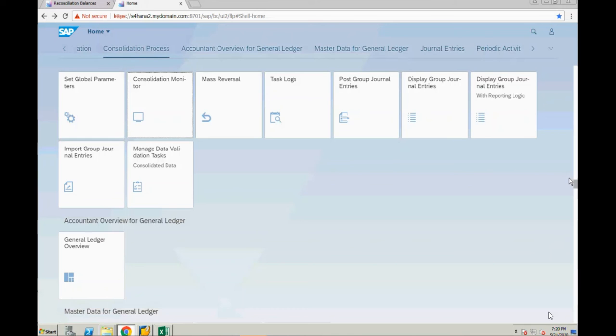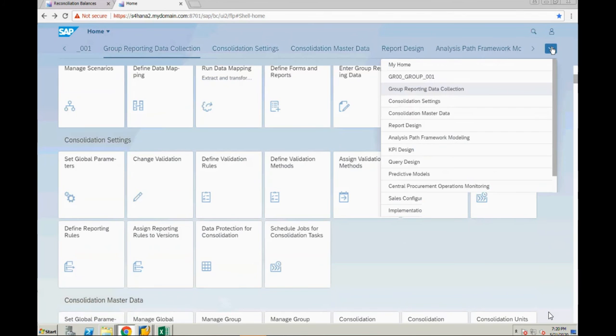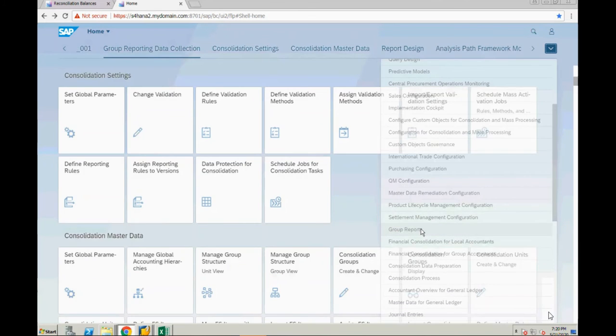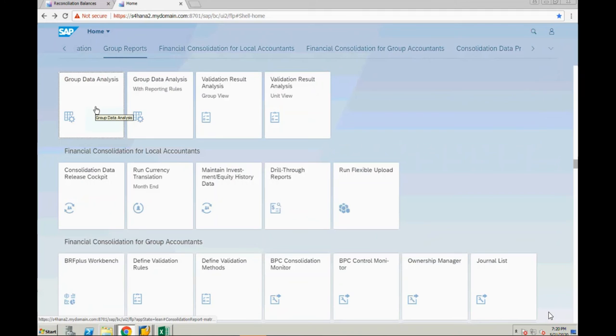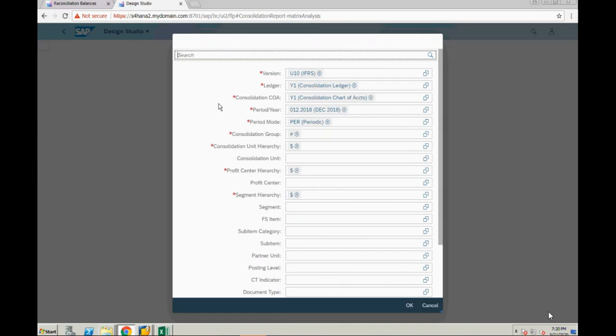There is an app called Group Data Analysis. So when you go here to group data analysis, using this particular app, you can design your reports, or even the consolidator or group accountant or local accountant can create their own reports.